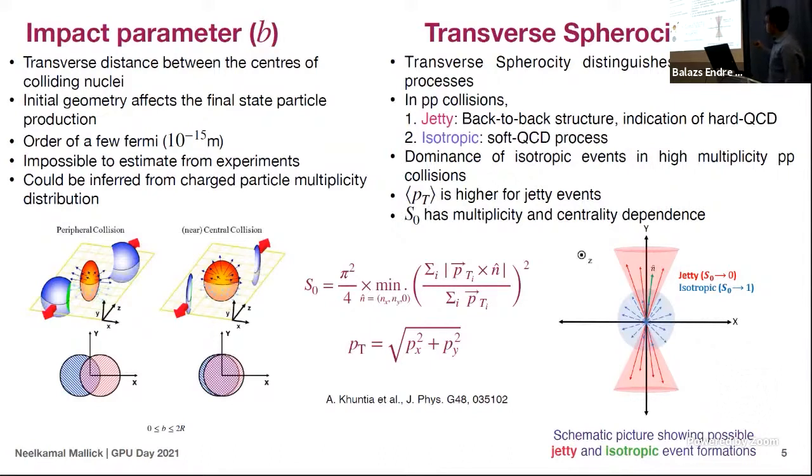So for jetty events, the velocity value is close to 0. And for isotropic events, the velocity value is close to 1. And this can be calculated using this expression. But obviously, if the number of tracks is large, and the summation is taken over the tracks, it takes a lot of iterations to find the velocity value for one single event. And here the complexity is finding this n vector, which is known as the velocity axis. It will be different for different events, as the term inside the bracket should be minimum given this unit vector.